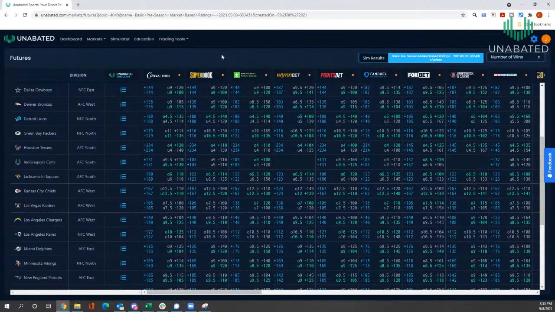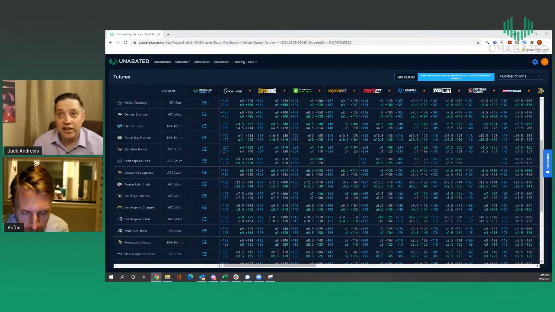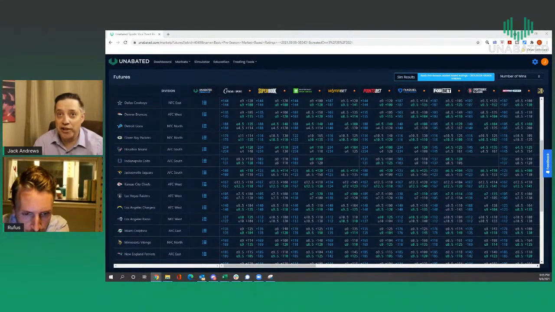What we're really looking to do is have market-making books. And we recognize that there are still a lot of market-making books that are not regulated in the U.S. And we want to recognize that. So we would like to be displaying the lines of the big offshore market makers, Pinnacle, Circa. But we want to do it in a way that we're giving you the real-time full access to those lines. We don't want to have just scraped odds or stale odds that you get